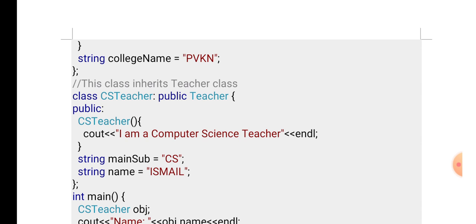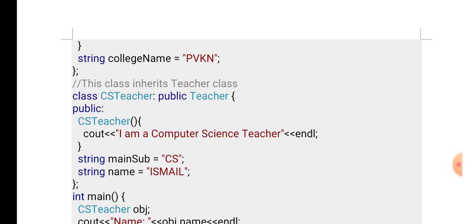So public type of inheritance is used here. When we inherit with public type of inheritance, all public members of parent class will become public members of child class. All protected members of parent class will become protected members of child class. Private members of parent class cannot be inherited.